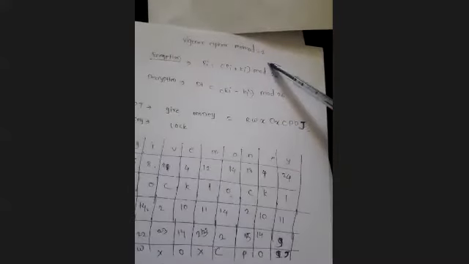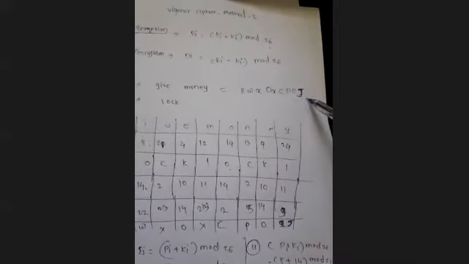Okay. Write down this formula and solve one example in your notebook. First of all, write down this formula. Vigenere cipher method 2 using the formula. The encryption is Ei equals Pi plus Ki mod 26, and the decryption will be Di equals Ei minus Ki mod 26. By using the same formula, we can decrypt if we have this ciphertext.